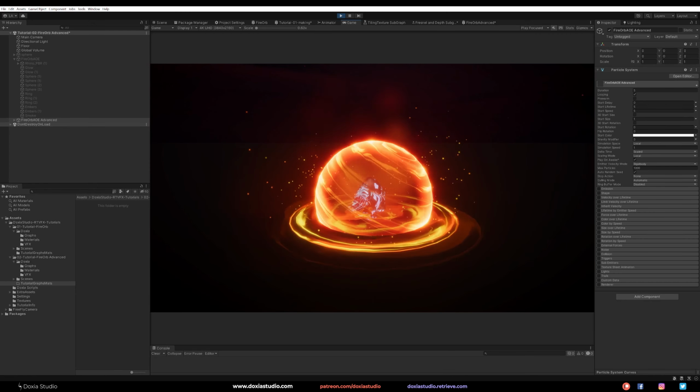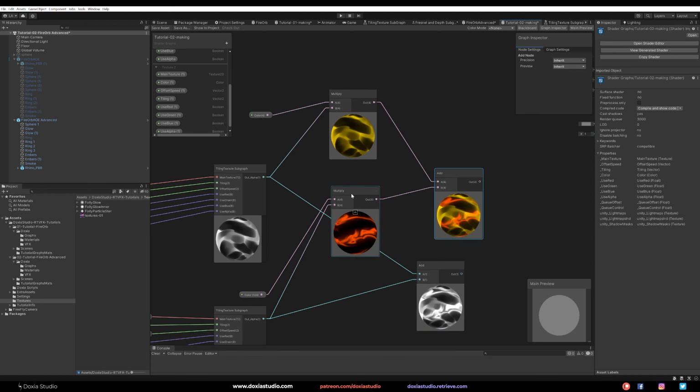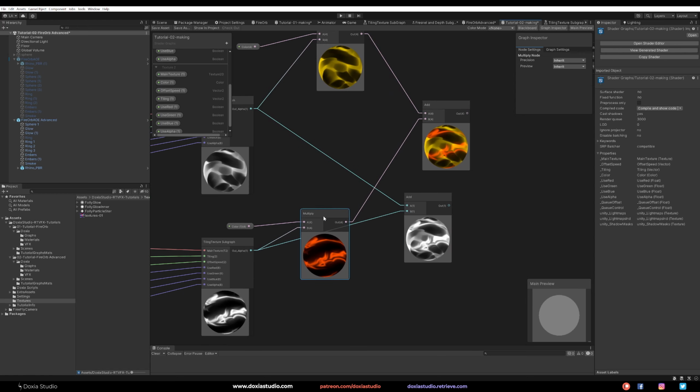Okay, so we have this texture and let's do the same here, multiply. And you can see the difference, and now add these last ones. So as you can see, we are adding it correctly. It's way better to do this multiply before.